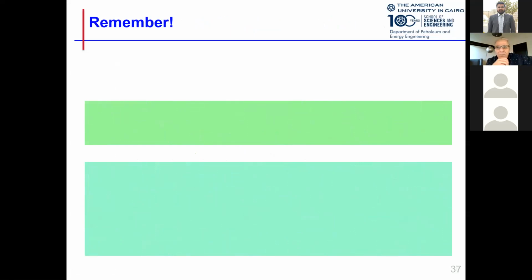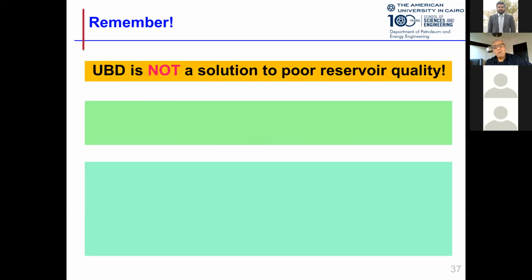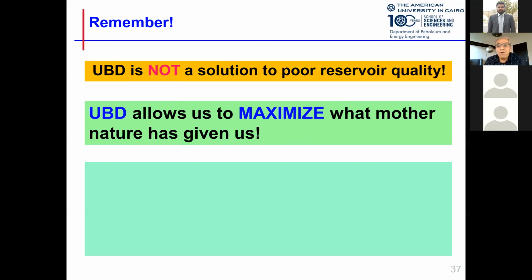What should we take away from this talk, my friends? We should always remember that underbalanced drilling is not a solution for poor reservoir qualities. By the utilization of underbalanced drilling, we maximize what's given by Mother Nature. We can't change what's given by Mother Nature in terms of properties, but we can maximize our production